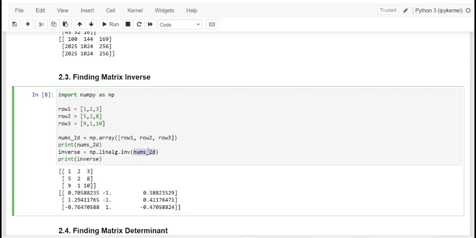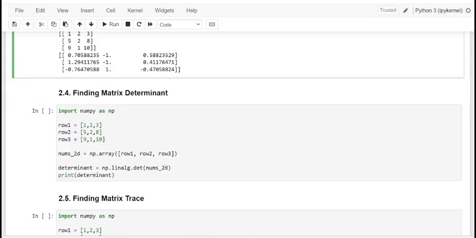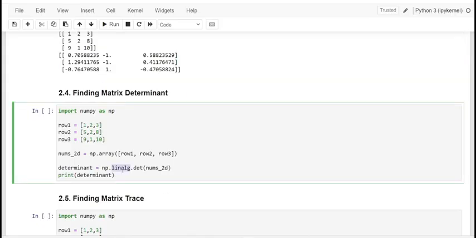And next we have the determinant function. For the determinant function also we need linear algebra. Here we have the same columns and rows, with row 1, row 2, row 3, a two-dimensional 3 by 3 matrix.